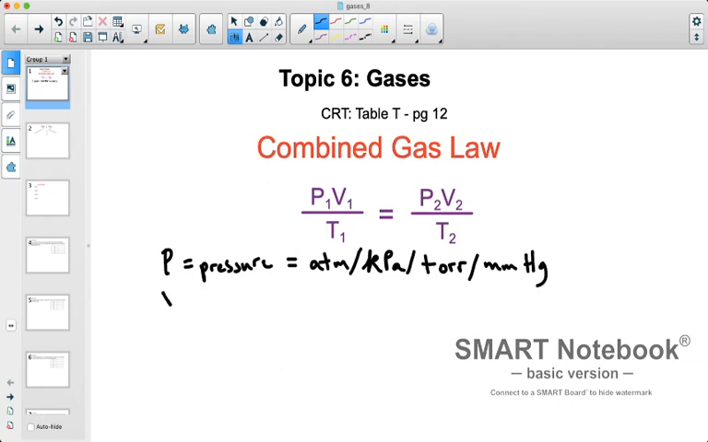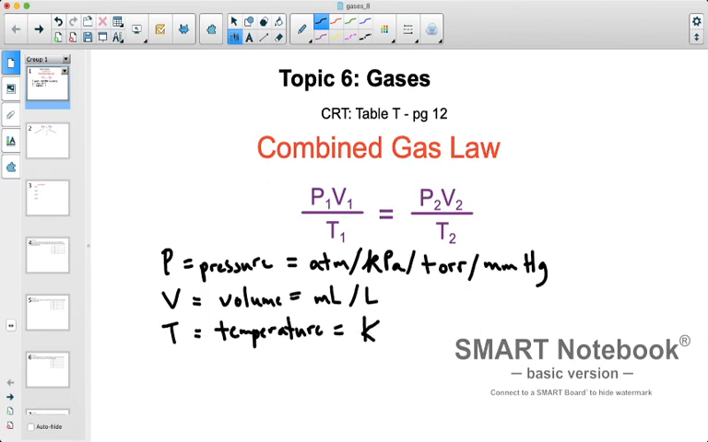We have V standing for our volume, and the appropriate units for volume could be milliliters or even just liters. And then finally, temperature. The only appropriate unit for temperature happens to be Kelvin. So if you're given a temperature other than Kelvin, you must convert. And since we're on the back cover of the reference table, you should remember that the conversion is Kelvin equals degrees Celsius plus 273. So remember that the back page of your reference table gives you all the mathematical equations that you could possibly